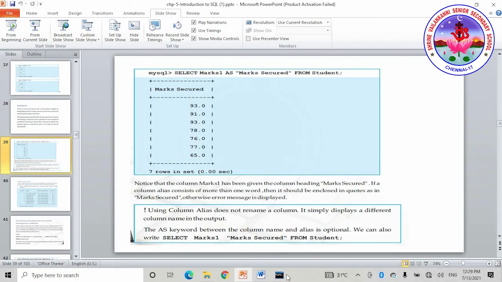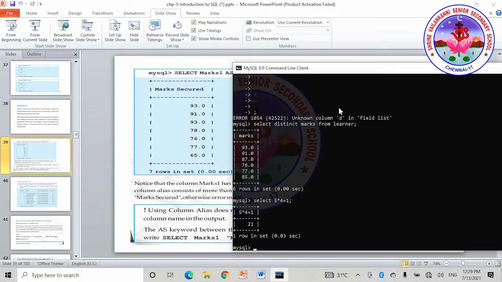Followed by that, the column alias, to display with a different name. So here, select for the marks column, I want to display it as marks got by the student. You can use it like this from the learner table.